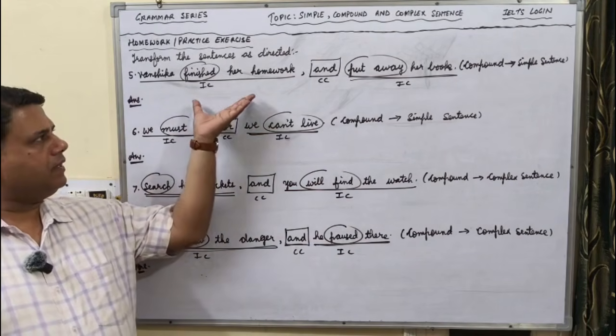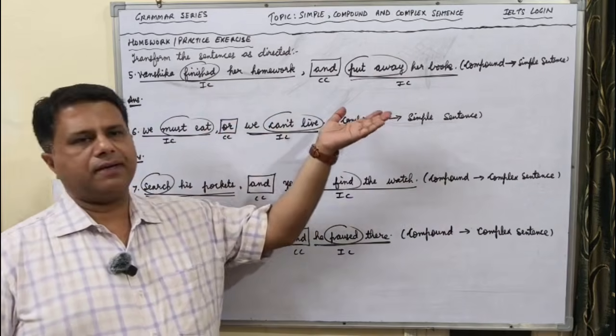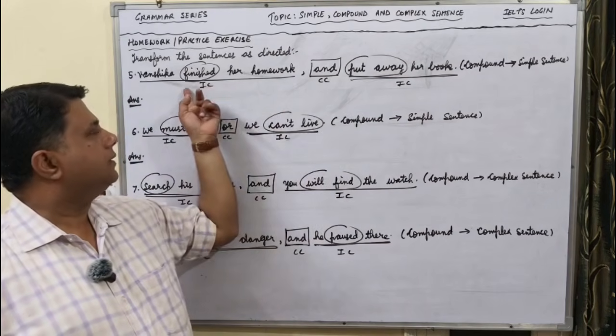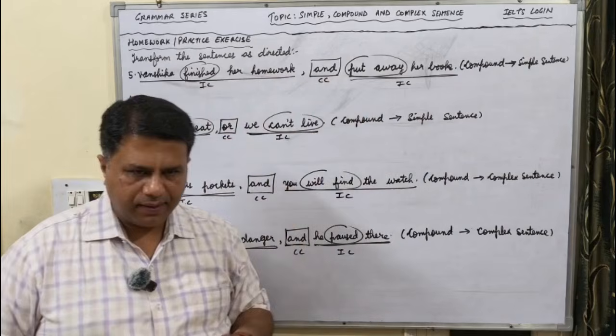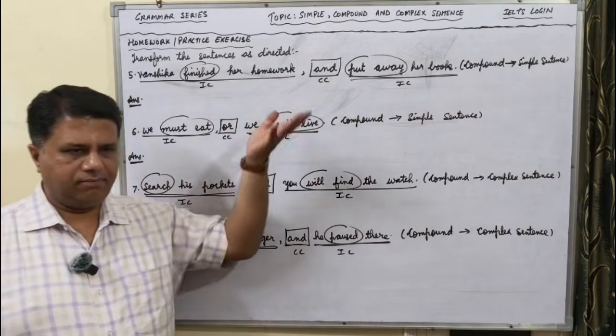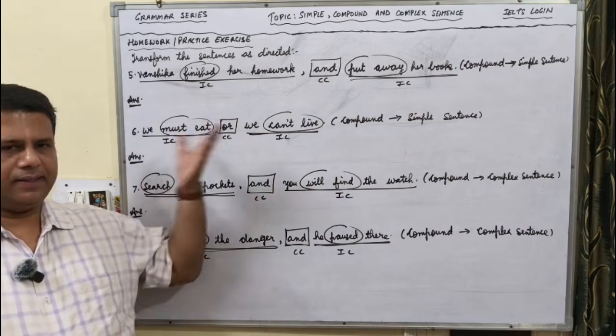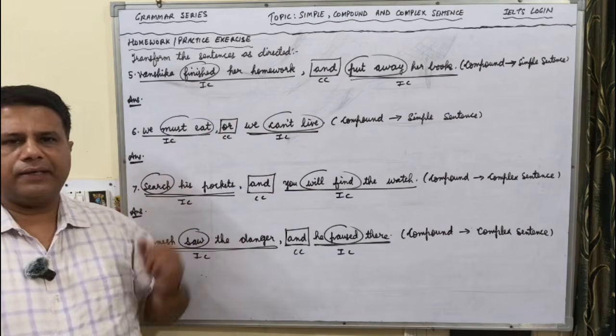Vanshika finished her homework, independent clause, and put away her books. This is independent clause. This is coordinating conjunction. This is tense element, this is tense element. Why am I doing this? So that you can have the clarity once again that these are 2 independent clauses joined together with the help